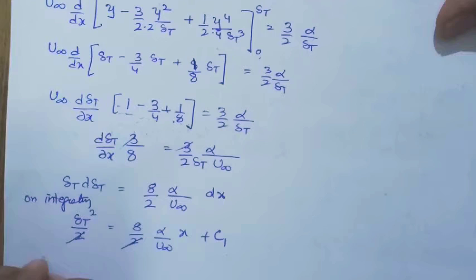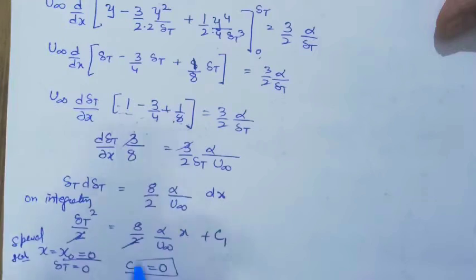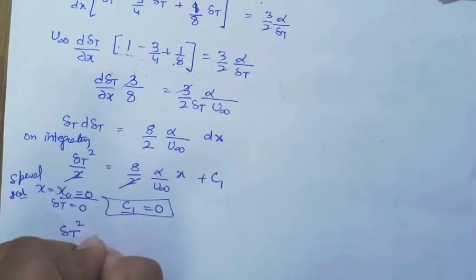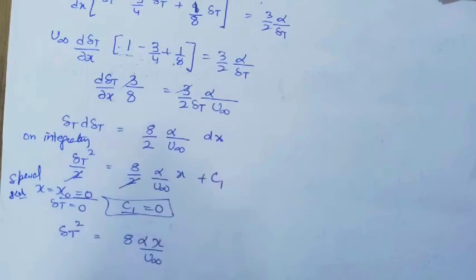And if I take the boundary condition here at x equal to x0, delta t is 0. So by this, and this is a special case, right? So c is 0, so I'll get delta t square is 8 alpha x by this,